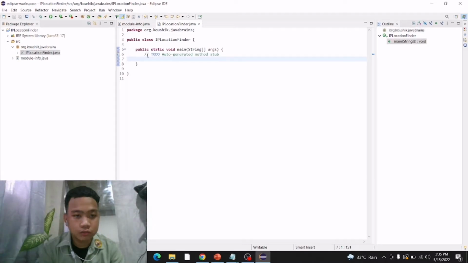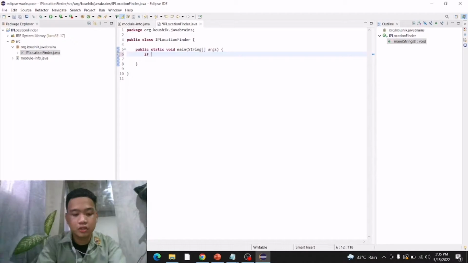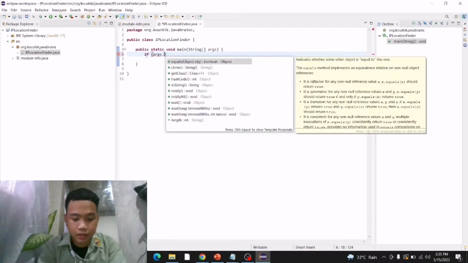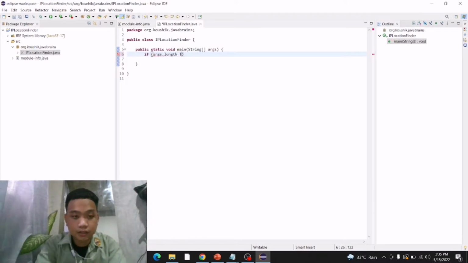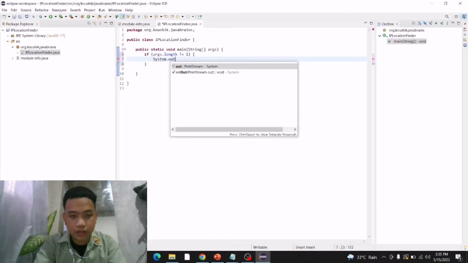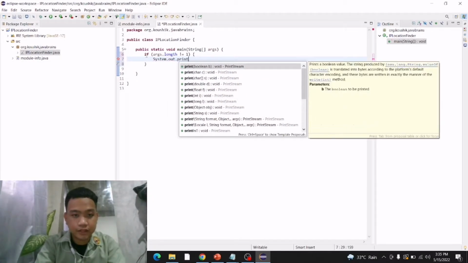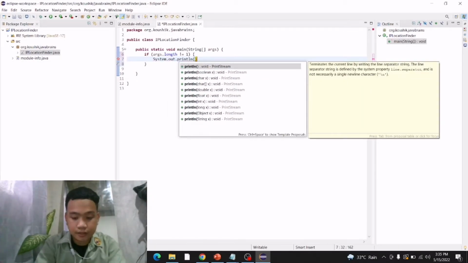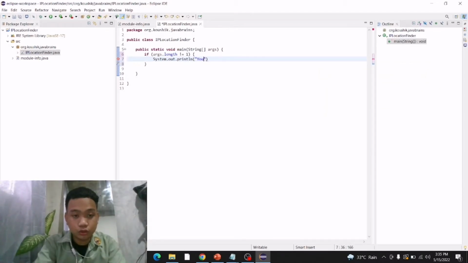So itong to do, dyan mo po ilalagay yung Java code mo, which is based sa video: if args, meaning argument, length is not equal to 1, then System.out.println you need to pass in one IP.